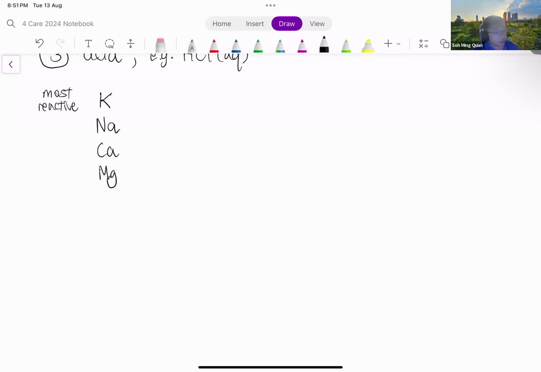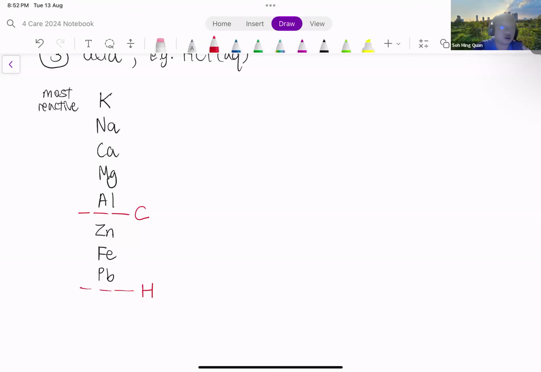Then you have aluminium, which is just for your knowledge. Combined science, actually, you don't have to know aluminium. I'm telling you, aluminium is there. And then you have carbon. Now, carbon is not a metal, but we still place it into the reactivity series for a reason, which we will see tomorrow during the lesson when we go through metals part 2. Carbon is below aluminium. Then immediately below carbon, we have zinc, iron, lead,